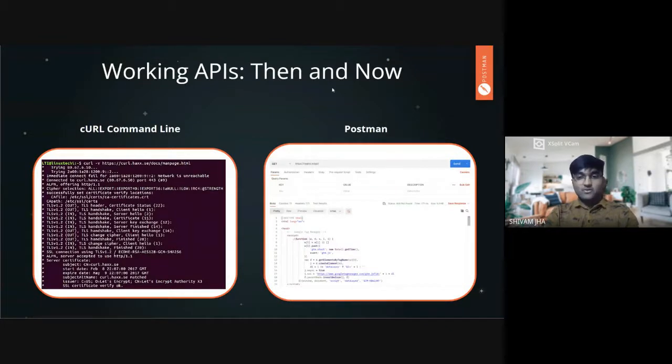As compared to it, you can see for yourself how nice, easy, and smooth the flow is in Postman. You just put this in the URL, select the appropriate method, send the request, and you get the response here in a beautified format. So Postman surely has helped the world come a lot farther in using APIs and developing the sense of modularity in software development.